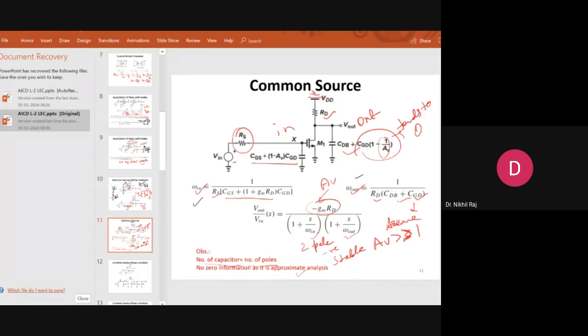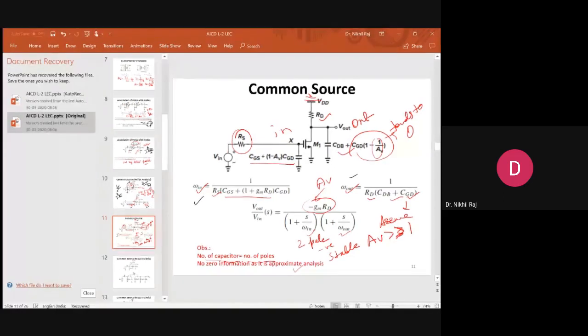So what is A here? This is a common source amplifier with a resistive load, so A will be minus gm RD, and the location 1 plus SRC means 1 plus s over omega in and omega out. This is called your transfer function. So what does this represent? This is a circuit which has two poles. One pole is 1 by RC, and another pole is 1 by RD.